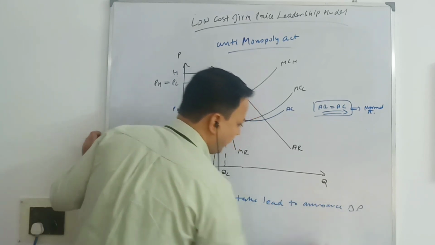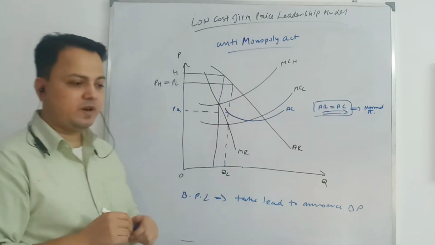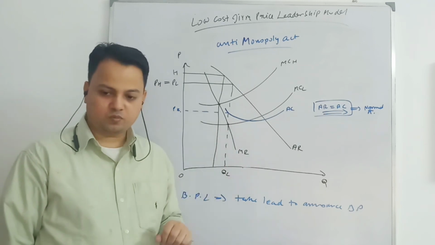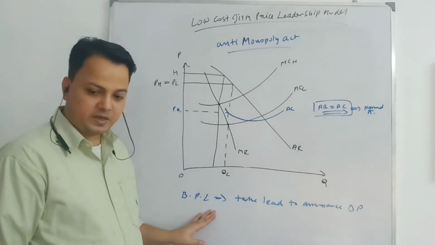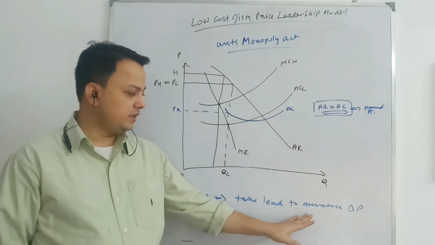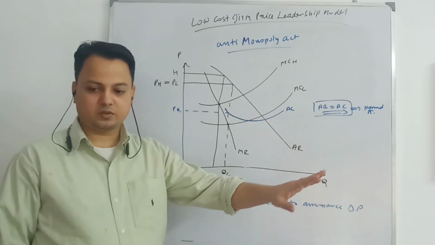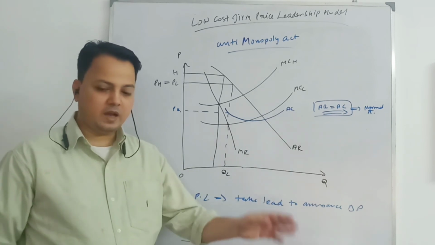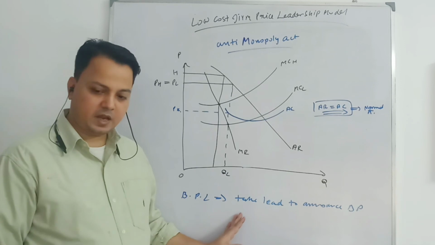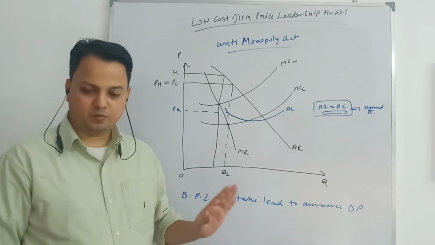a change in price. Why are other firms not doing so? Because if another firm changes the price, say increases the price, other firms will not follow. But when this barometric price leader takes the lead and announces that it is going to increase the price of this product from this period onward, the other firms, since their cost of production also increases, don't want to take the lead. Since this firm has taken the lead, other firms will follow it.